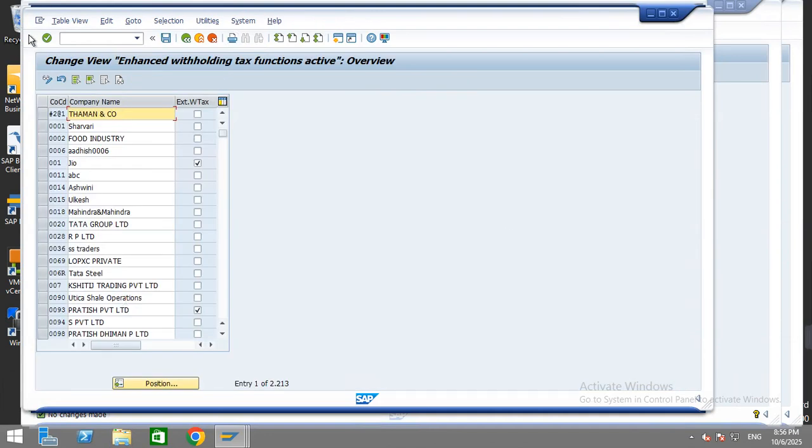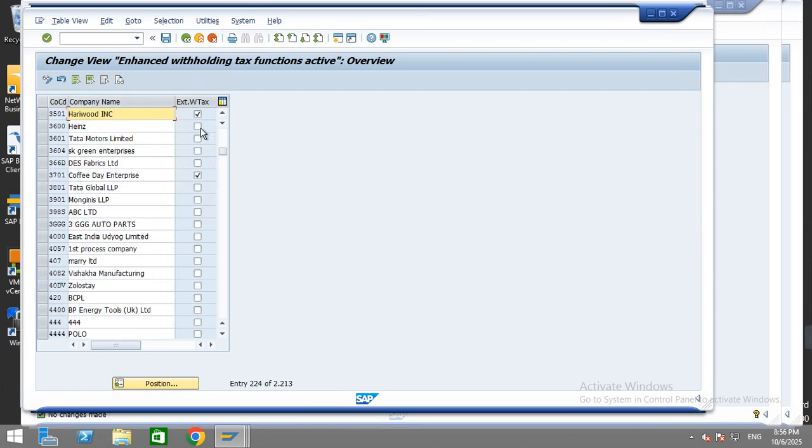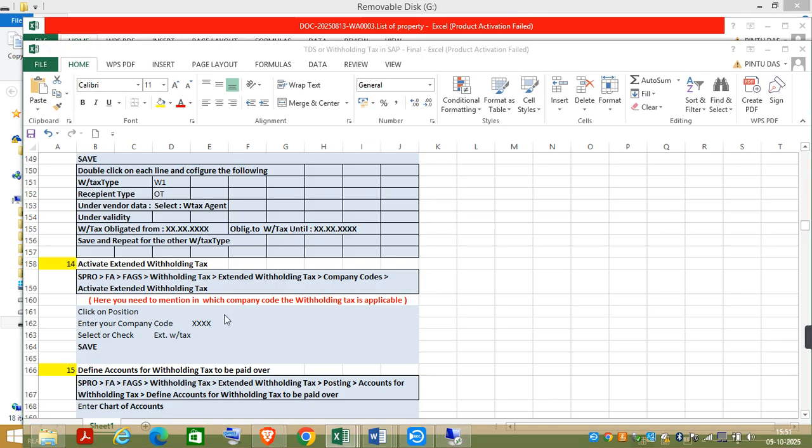So this is a very important configuration, because there are certain countries where this extended withholding tax or TDS is not applicable. So if that company code falls in that country, then you need not activate it. Here it is already activated because I am taking class for others also. If you create the company code, you have to activate it by clicking on the link, select it, and then you save it. So this was about the extended withholding tax. Next is